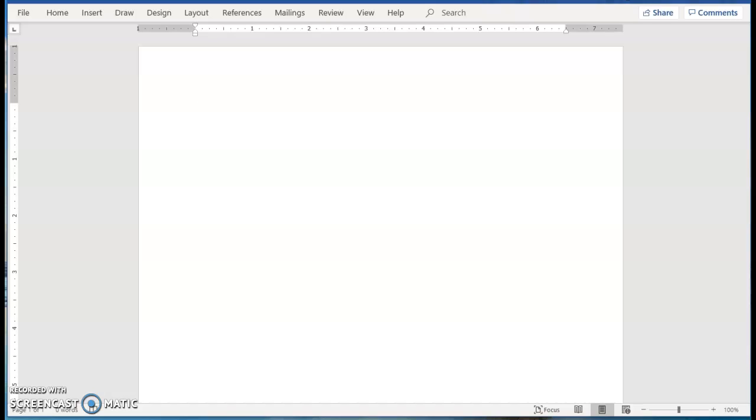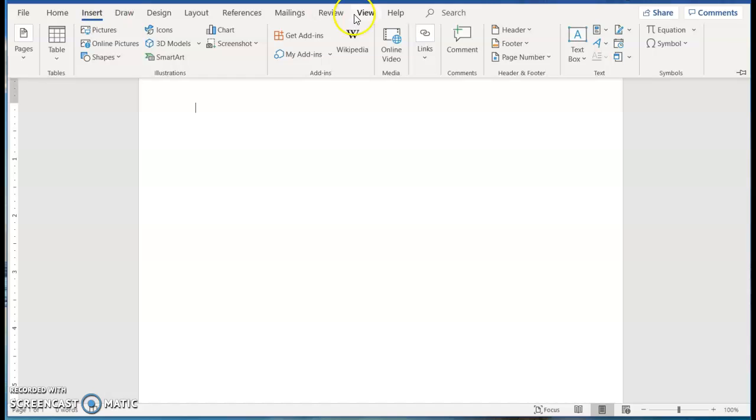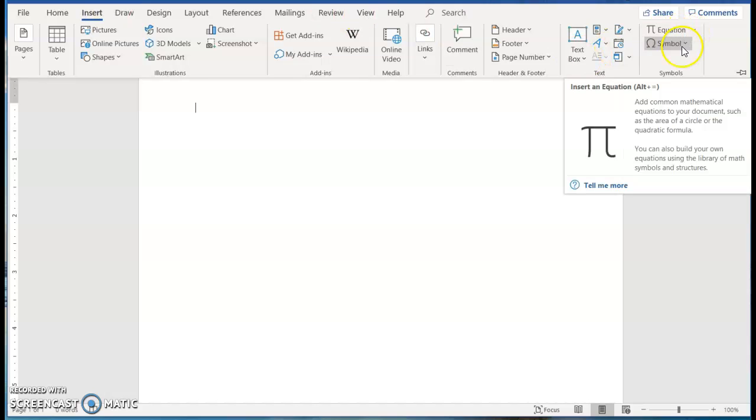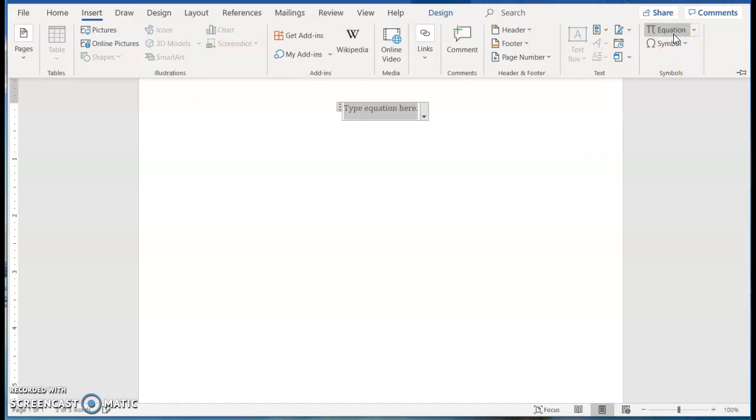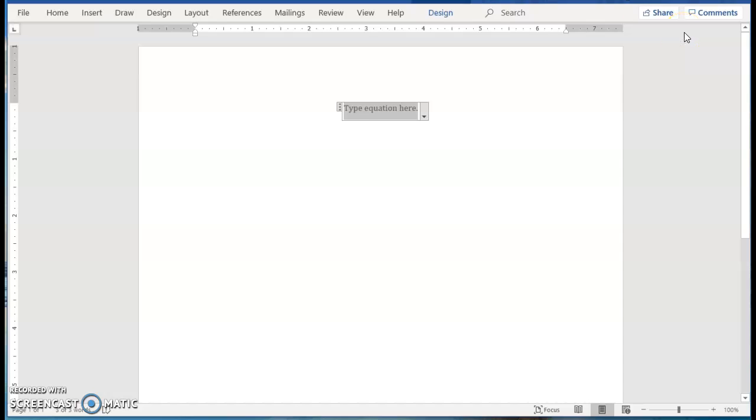Hello class, today I'll show you how to access your equation editor in Microsoft Word and in Microsoft Excel. So you go to Insert and come over to where you see the equation here. You can click on it that way or go back,